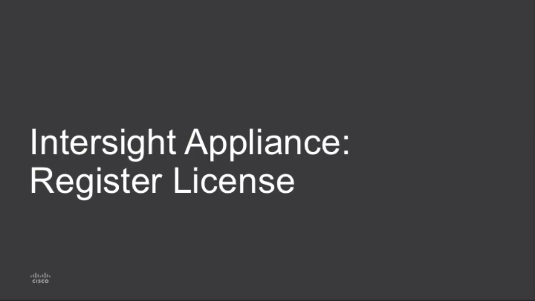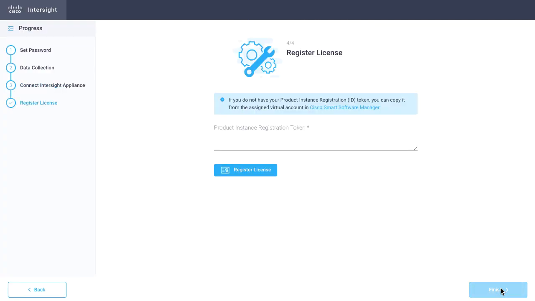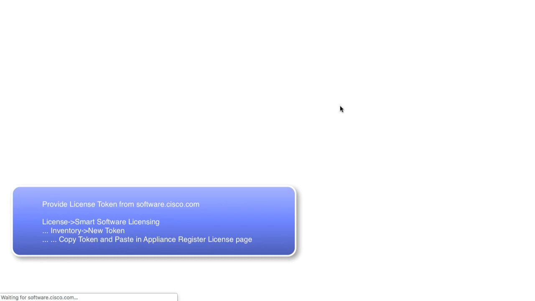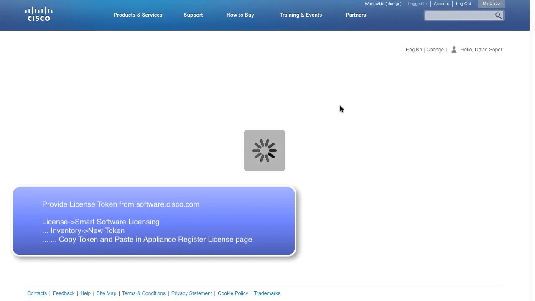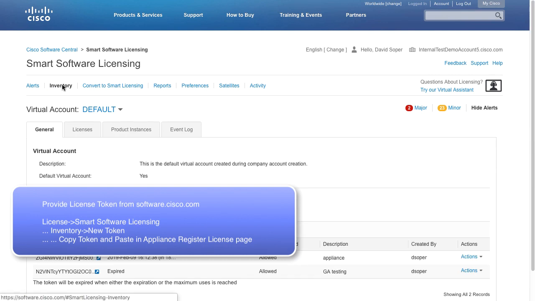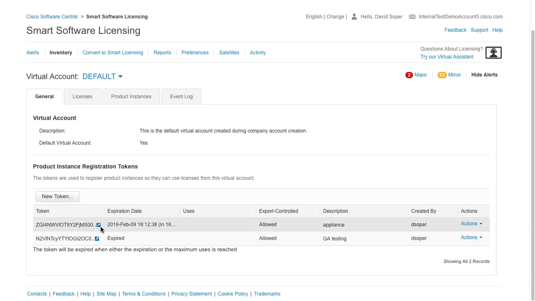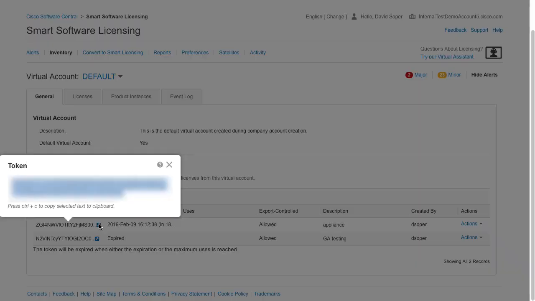To register the license for the appliance, I'll click Continue, and I'll be taken to the Register License menu. For obtaining this product registration token, I'll navigate to software.cisco.com, and from within my account, I'll go to License, Smart Software Licensing, the Inventory menu, and I can grab a token at that point. This account already has some tokens present, so I will just select the appliance token and copy that, and then paste that back in